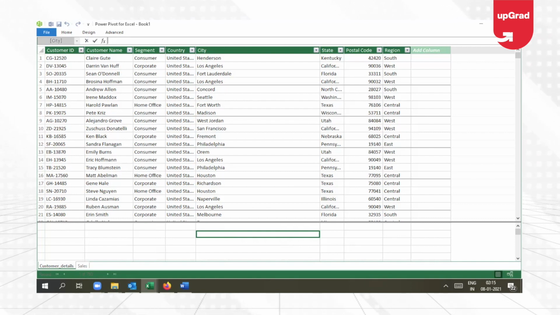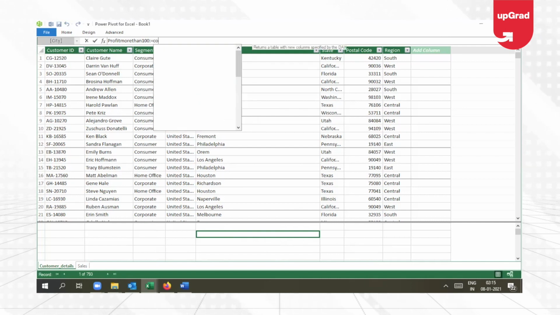So I can say profit more than 100. I'm not sure, I'm just giving you hypothetical data here. So I'm just going to say is equal to. Now this is my measure. Okay, so I'm going to say profit more than 100. I want to now check the same data that I had done.